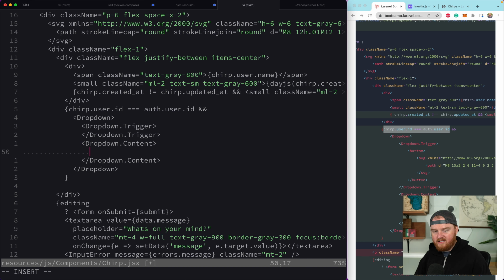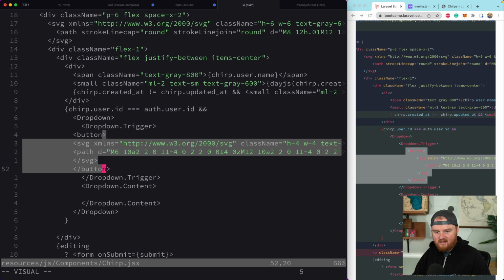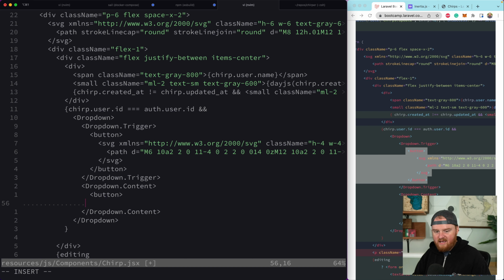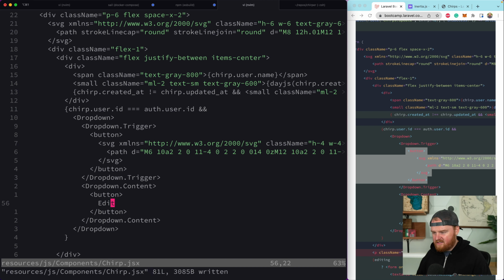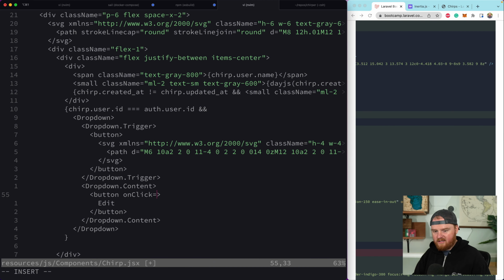Okay. Gosh, I got to get some tag helpers for JSX. So the button, this is going to be like the 3 dots, I'm guessing, like the hamburger style button menu thing. Okay, and then the content is going to be a button. And the button is going to say edit. And I think this is probably going to make it so that it just marks editable as true. On click is